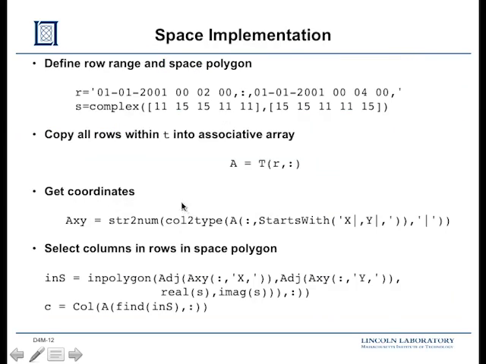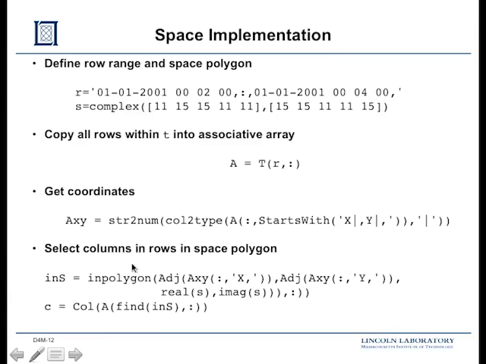Now, it will still be a string in the value position, which our associative arrays can handle fine, but I now want to really treat it like a number. So we have overloaded the standard MATLAB str2num function, which will convert those strings and store them back. You now have an associative array with numbers in it. We call this AXY, and now we can extract the x values: AXY, give me the x column,